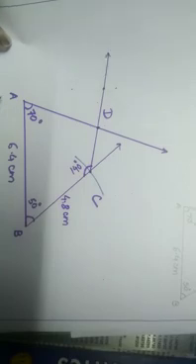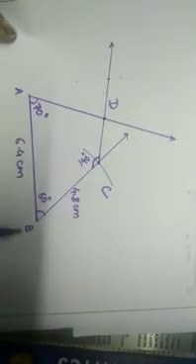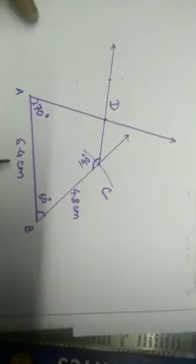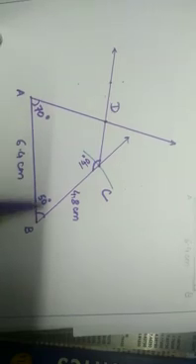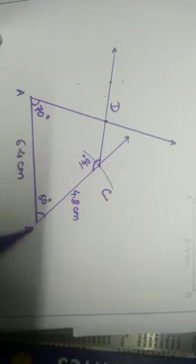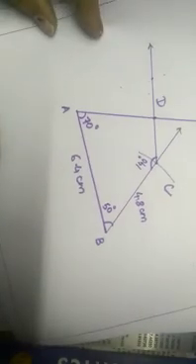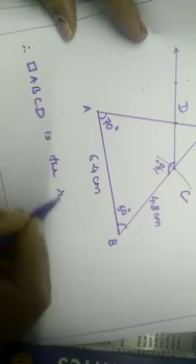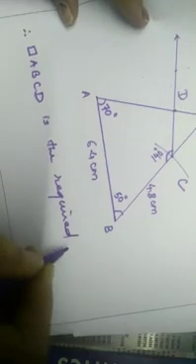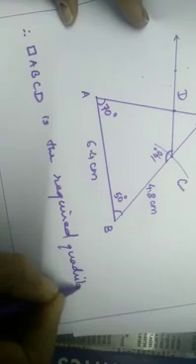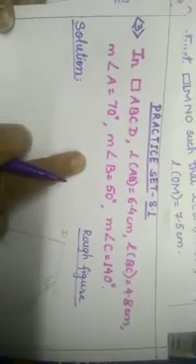Okay. So in this way we have constructed a quadrilateral ABCD where three angles are given, A, B and C, and two lengths are given, AB and BC. So what is your answer now? Therefore quadrilateral ABCD is the required quadrilateral. Okay. So with the help of a rough diagram you will construct the quadrilateral in this way. This is your rough figure. The question is given over there.